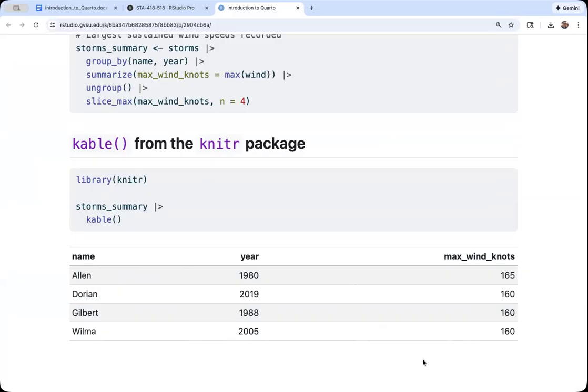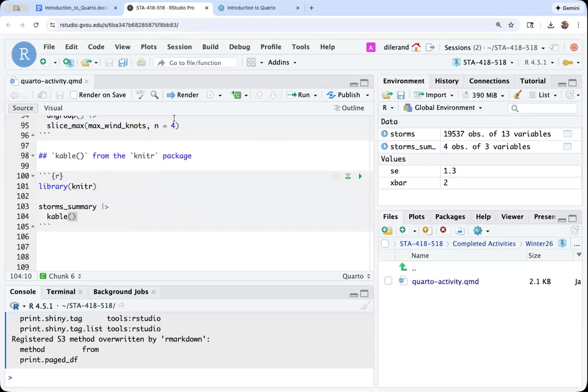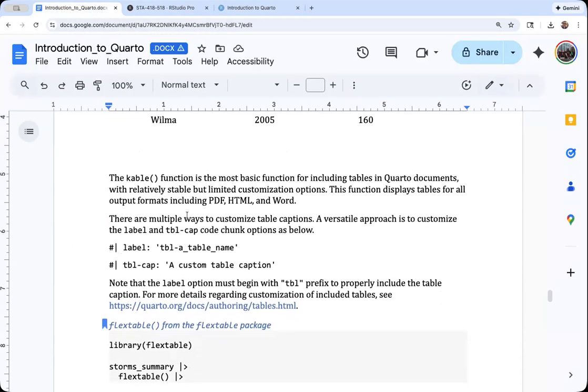There's some nice aspects about it. It doesn't look the worst. And honestly, for being one of the older functions, it looks pretty good. But there are more modern methods for nicely including tables in R, which we'll cover here. So I would not recommend using kable moving forward. There are better options,